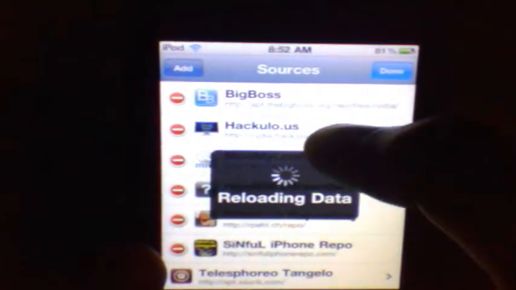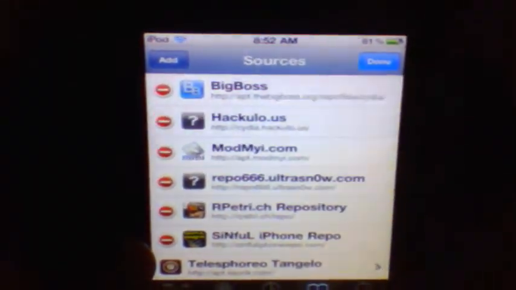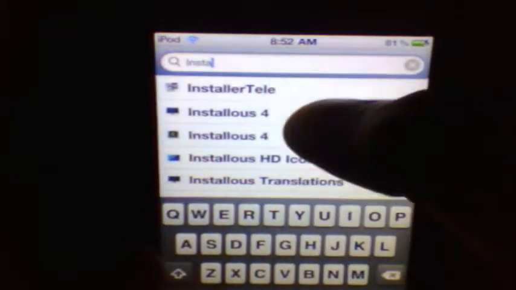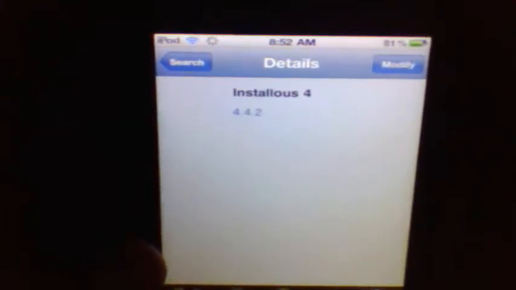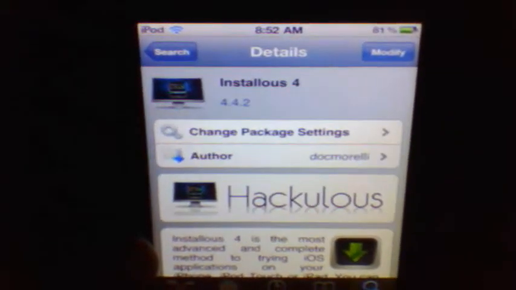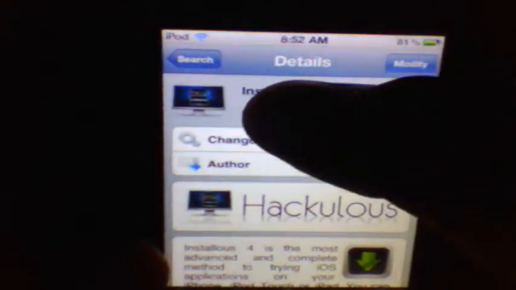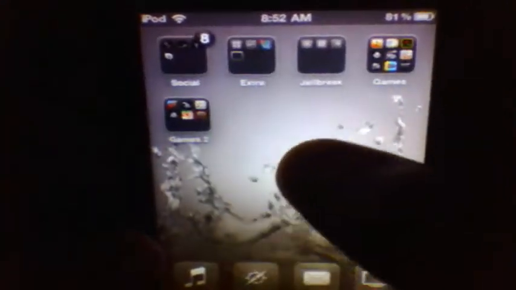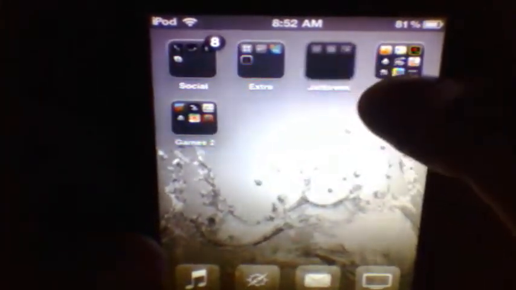Once you've added it, you search Installous 4 onto your search bar and install it from here. Okay, when it installs, go to your home page. It'll be on here, but I have it in here. Okay, and go on it,